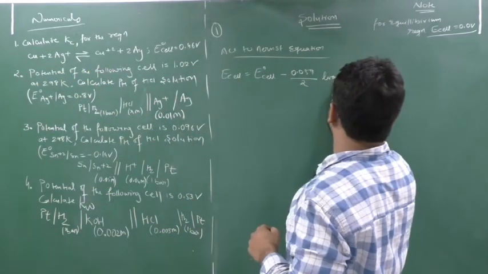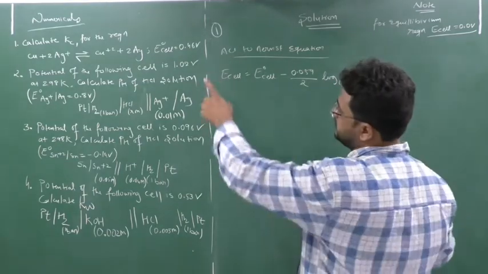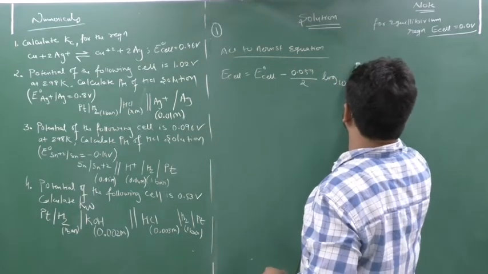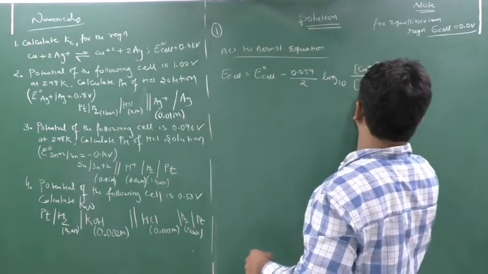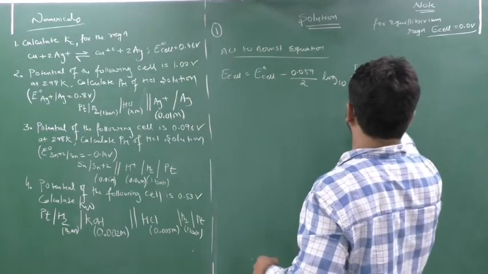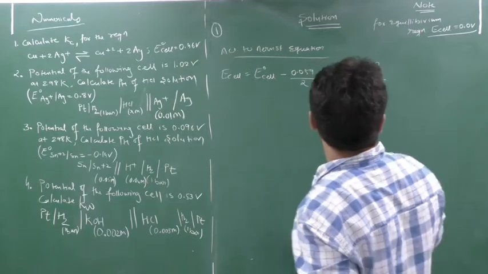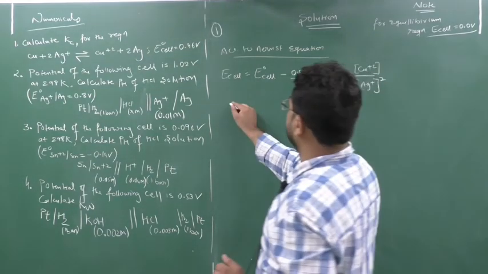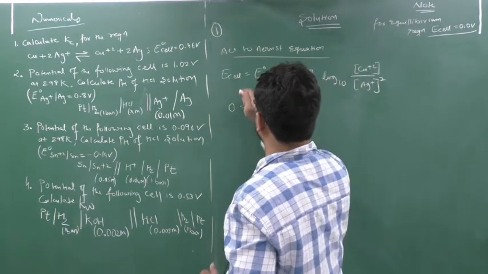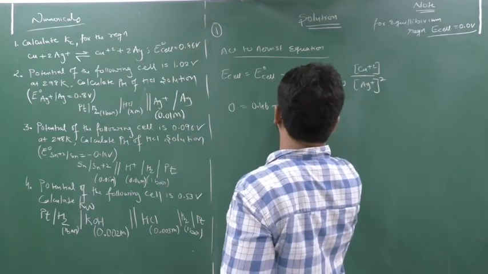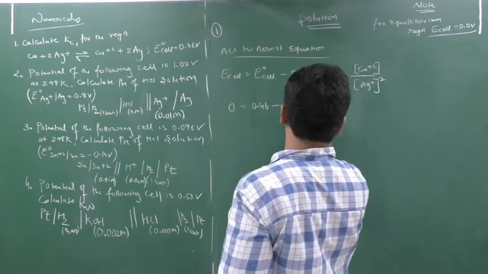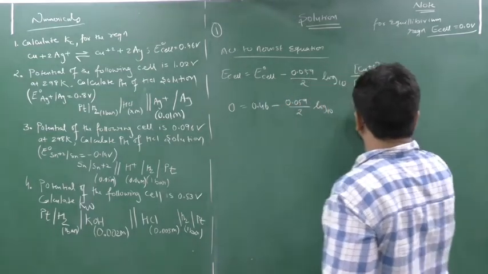Log to the base 10, concentration of product, that is Cu2+, upon concentration of reactant, that is Ag+ the whole square. As you know, it is an equilibrium reaction. For this E cell will be 0 volt. E naught cell, how much have they given? E naught cell they have given 0.46 minus 0.059 upon 2 log to the base 10,